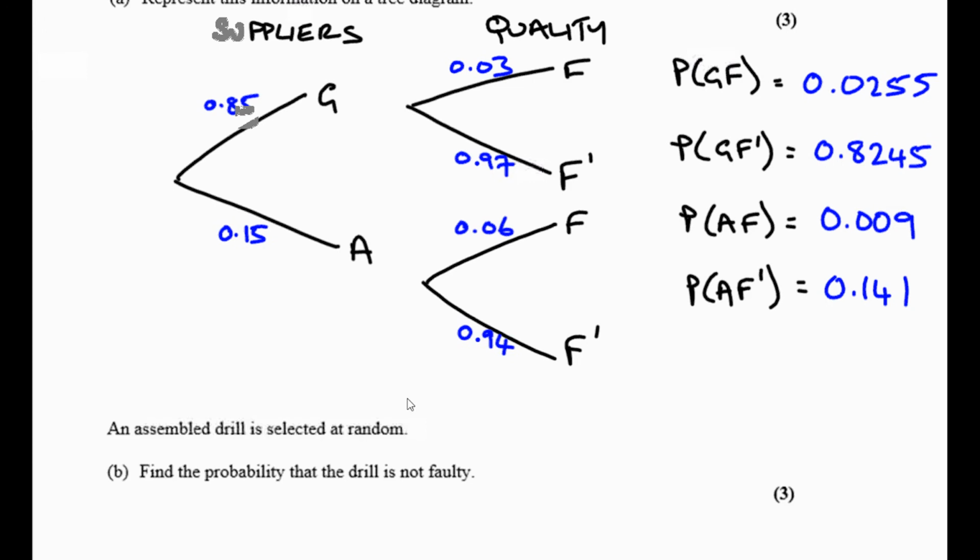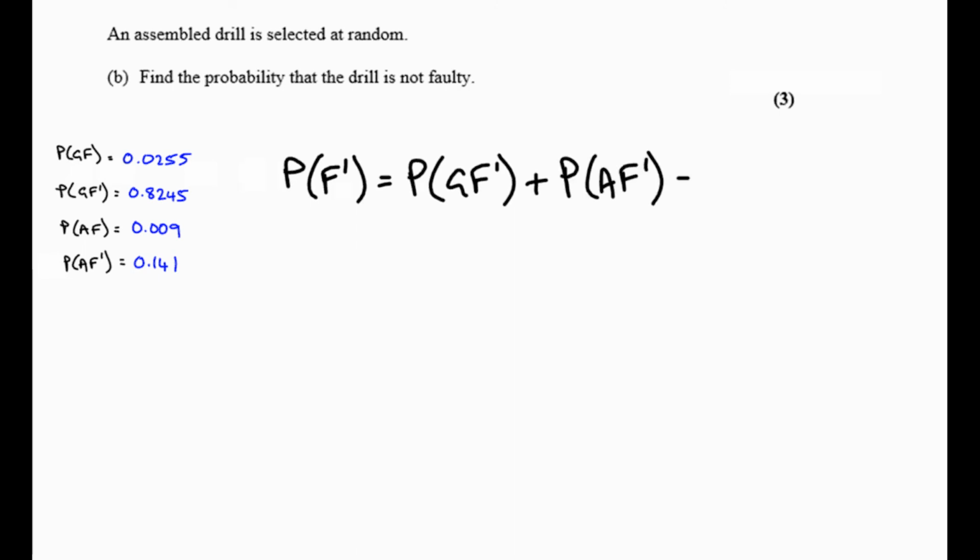Okay, an assembled drill bit is selected at random. Find the probability that the drill is not faulty. All right. This is the benefit of me producing all of these calculations before. It makes everything a lot swifter from now. Okay, so the probability that it's not faulty is going to equal the probability that it came from Goodbye and was not faulty, and the probability it came from Amart and was not faulty. So those two things added together, and we're looking at